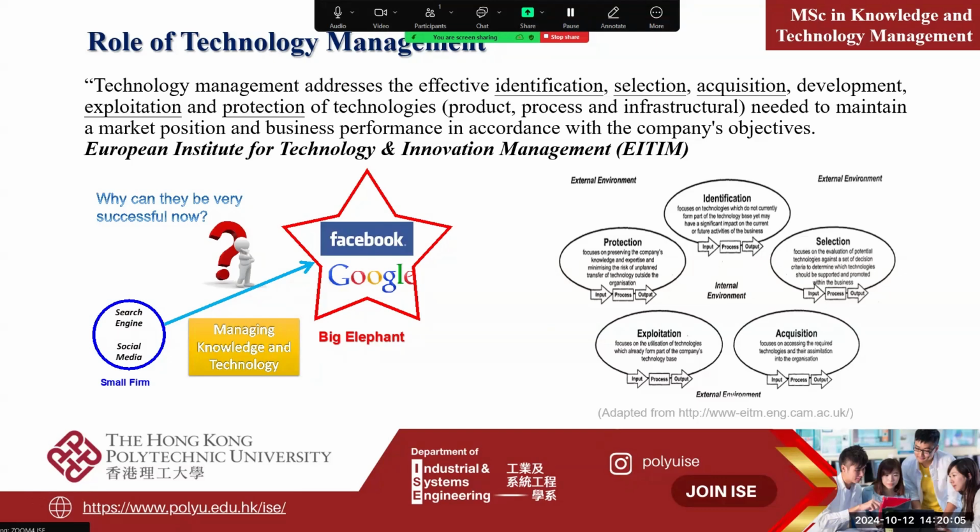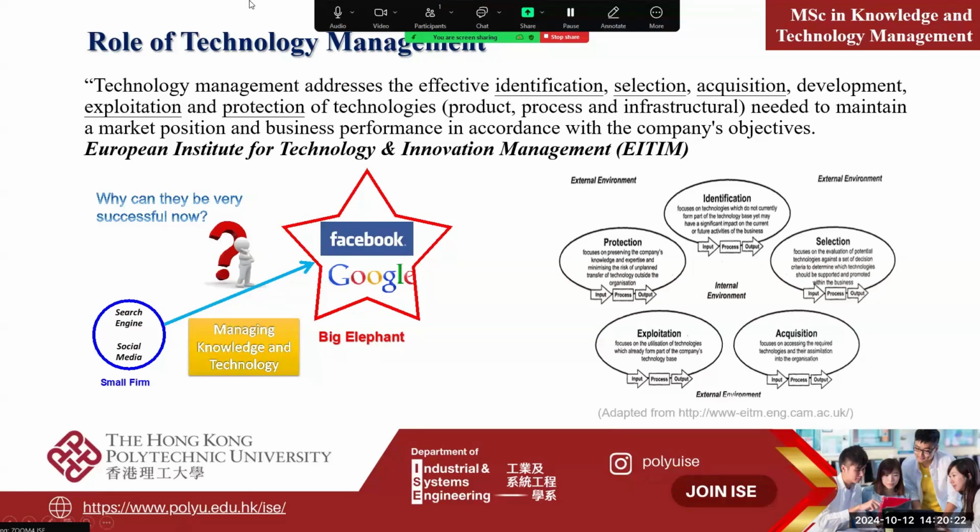A lot of the products in your daily life, like mobile phones, a lot of the technology, they contain a lot of IP. But how can you convert the IP into economic value? This program will teach you how to do that. And then you also know a lot of the information about this.